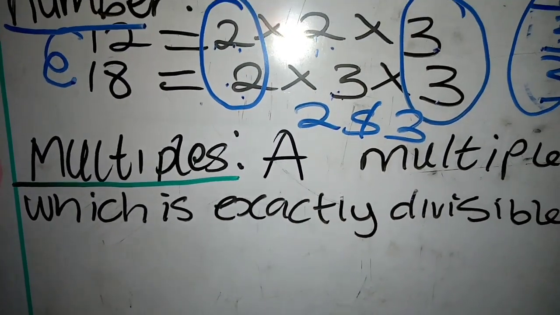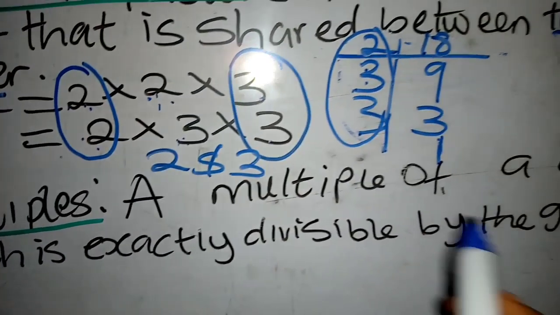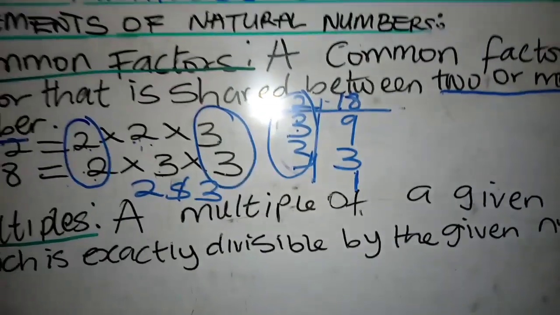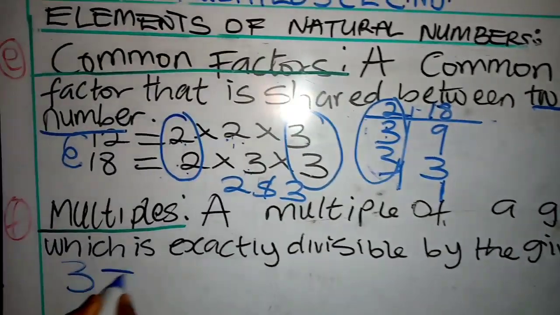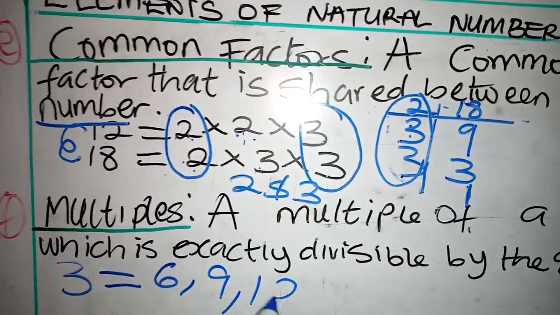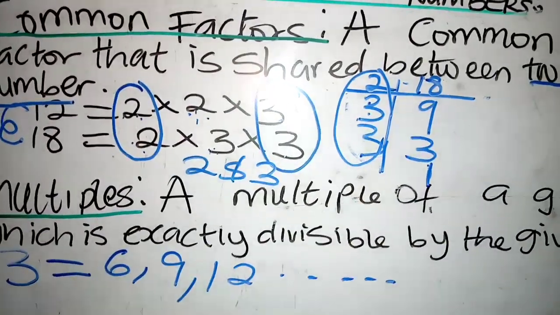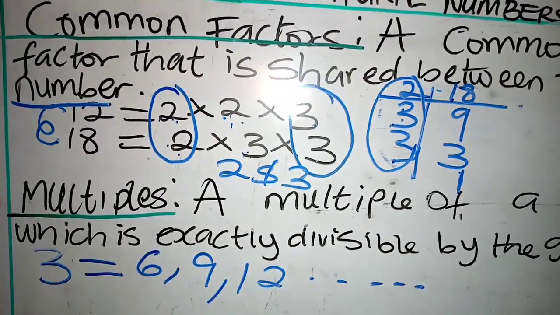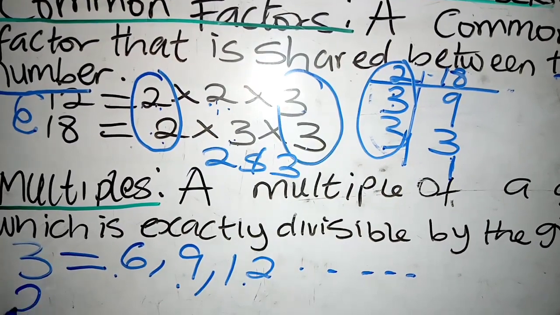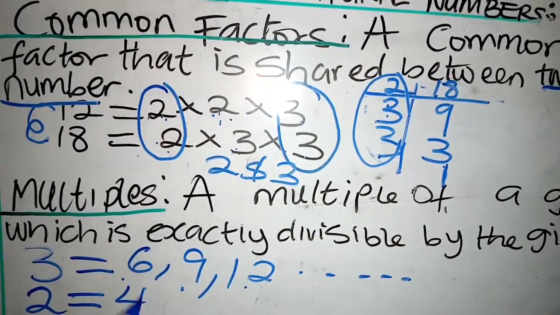A multiple of a given number is a number which is exactly divisible by the given number. For example, multiples of 3 are 6, 9, 12, and so on. These are numbers that can be divided by 3, so we call 6, 9, and 12 multiples of 3. Multiples of 2, we have 4,